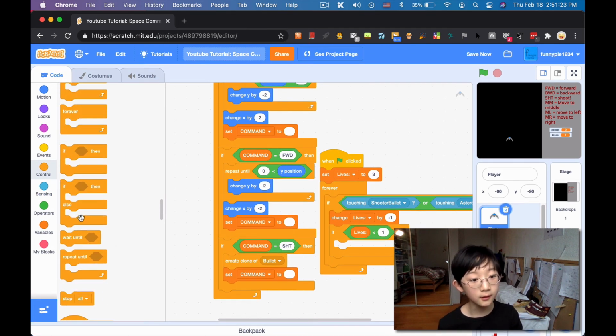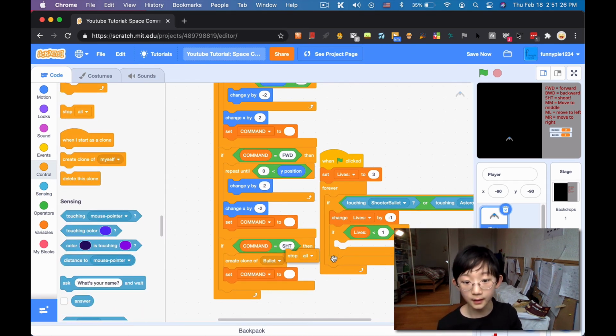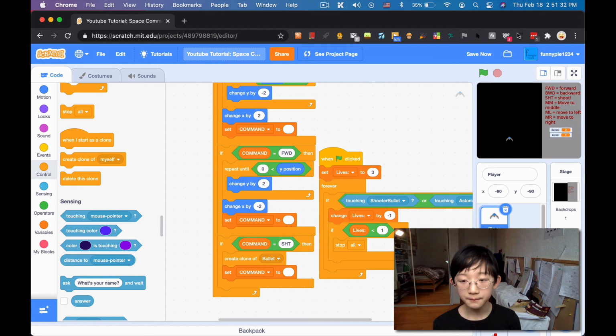You can make it so that it does something like add an end screen, but I'm just gonna say stop all. Okay, so that's the end of the game. So let's see, what else do we have to add? Is that it? No, that's not it, because we need to add